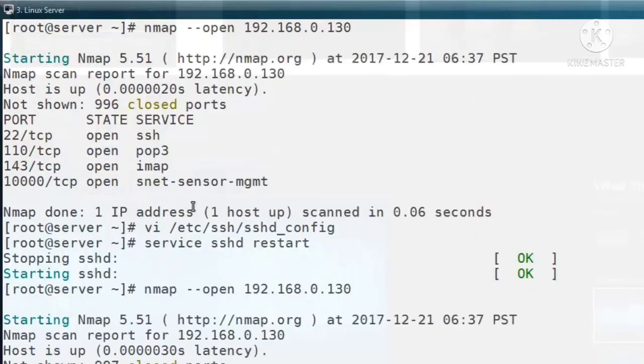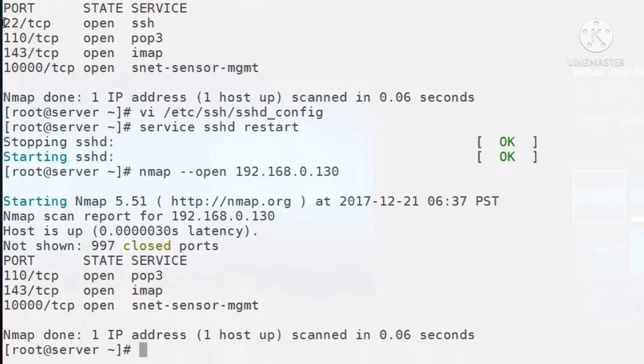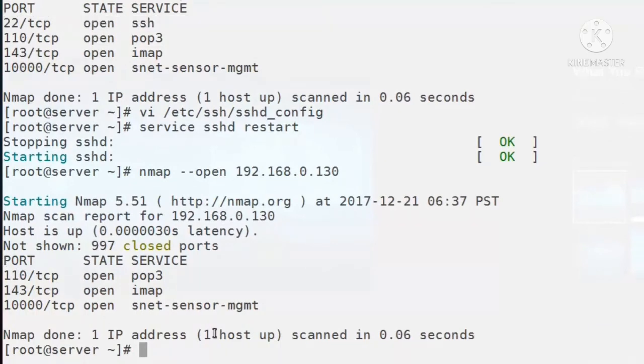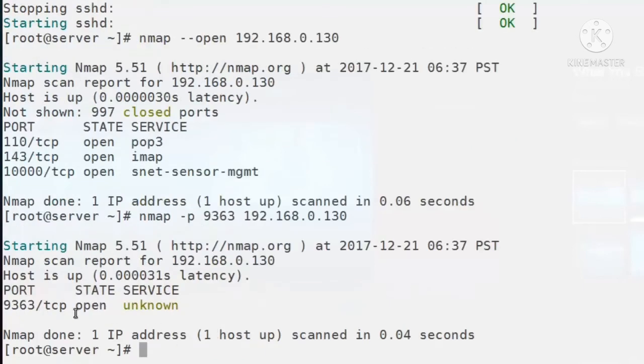Here you can notice that the default SSH port number is not listed in this nmap scanning process because it will scan the top ports only. So if you specify a particular port and scan, it will never print the service of that port number because the default port number was changed. So for most services you have to change the default port number and then make your system more secure from remote attackers.